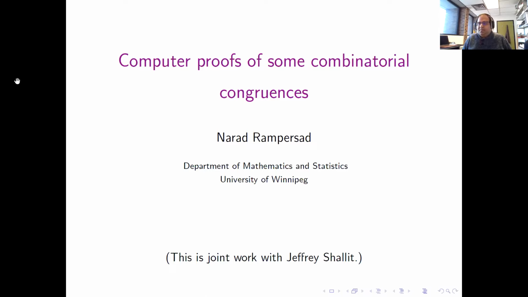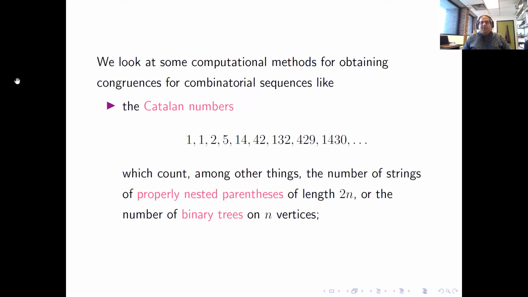Like he said, my talk is going to be about some computer proofs for congruences for certain combinatorial sequences. And this is joint work with Jeffrey Shallett. So I'm going to describe a computational method to prove congruences for certain sequences that appear in combinatorics, such as